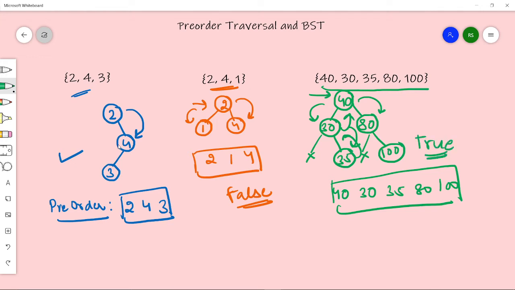So these were the examples, and this was the main concept that was asked in the question, that we have to check if the pre-order traversal for the possible binary search tree is same as the given array. So see what we will do now, how we are going to make our algorithm. If for current node, let's say n, let me just clean it.